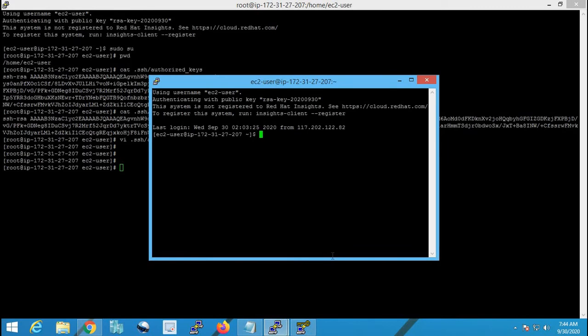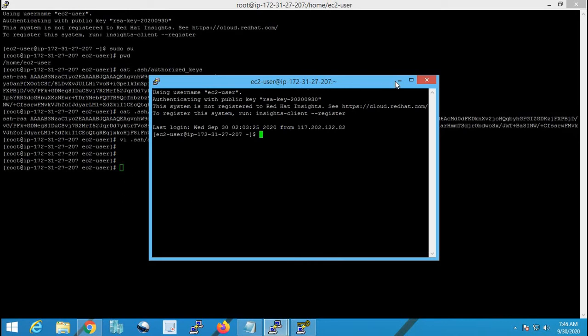Yes, that is success. That means now I have two keys attached to the EC2 user, so I can use that key or a standby key which is available with me. One key is available in the server, one key is available with me. So I can use both the keys. Maybe once everybody starts using the next key, I can delete those old keys, because that key will be used by many users.